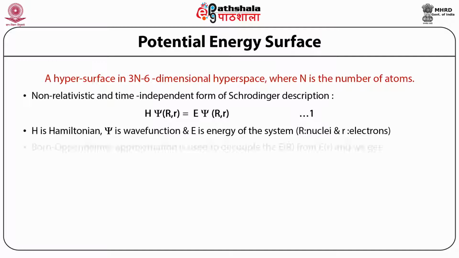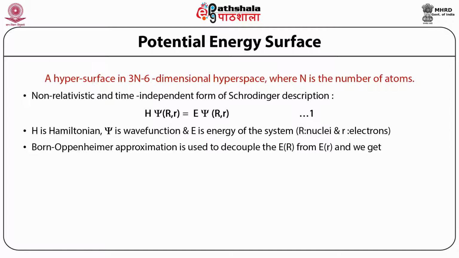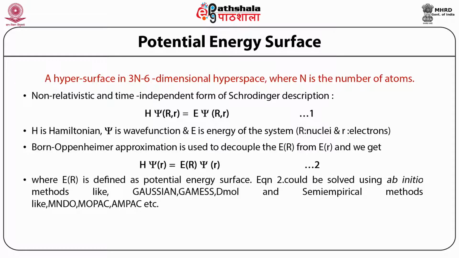However, as we know very well, by the Born-Oppenheimer approximation, because the nucleus, capital R, moves with much slower speed than the electrons, we can actually divide this equation into H psi(r) equal to E(R) psi(r). So, the psi wave function can depend only on the electron motion, whereas E(R) represents a potential surface or energy surface composed of the nuclei. Basically, E of R represents the time evolution of the nucleus.